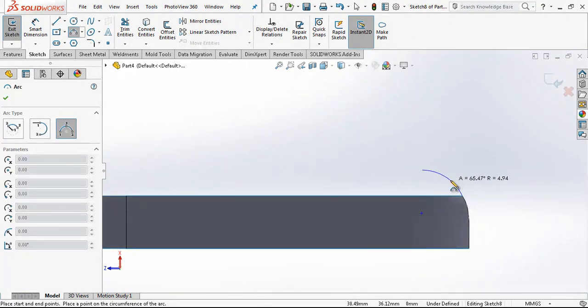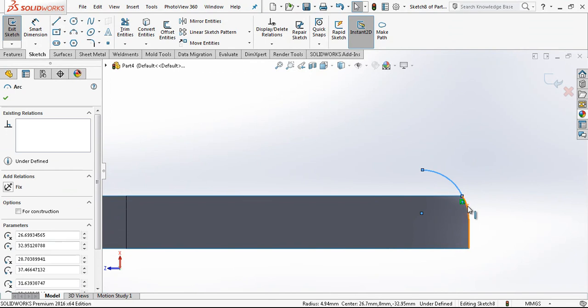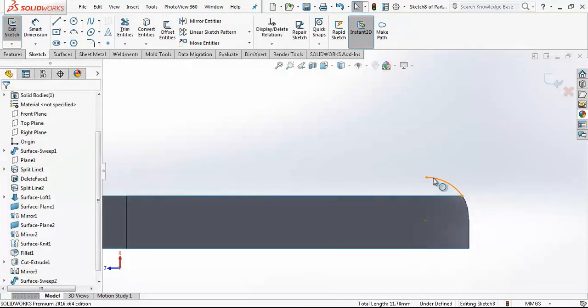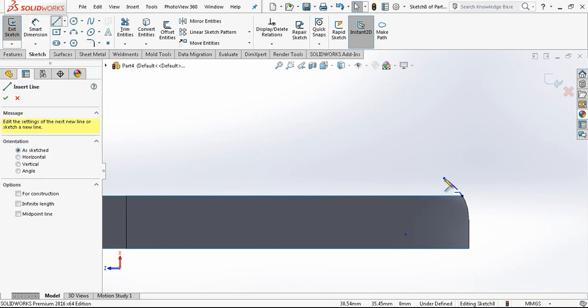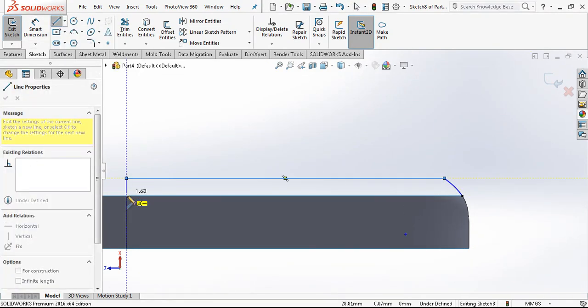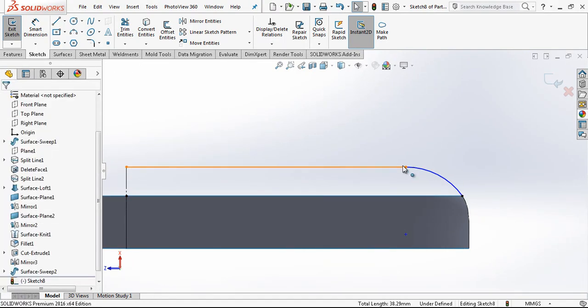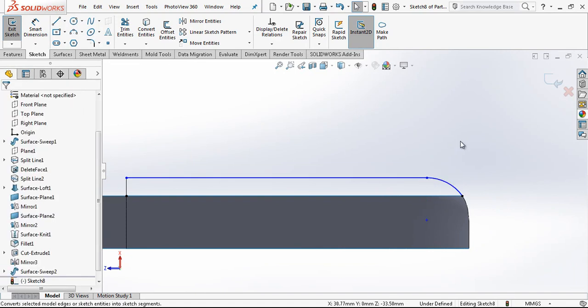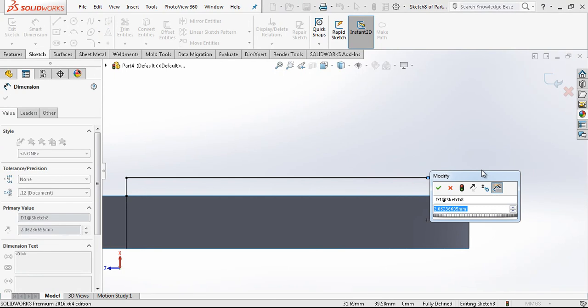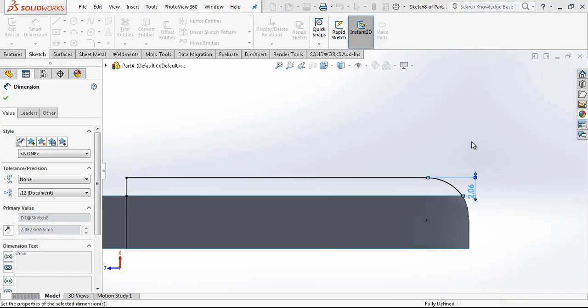Here we create a radius and tangency with this, and here creating a sketch, a line. Sorry for my bad English. And the value will be from here to here 2.5 millimeter,